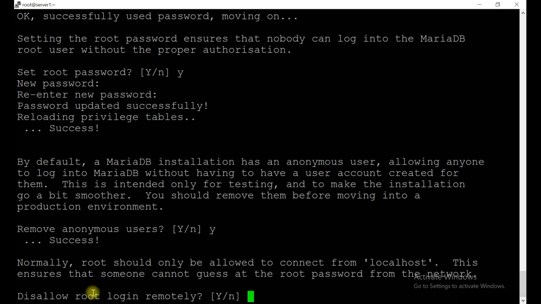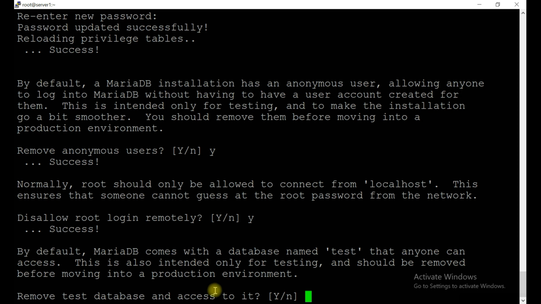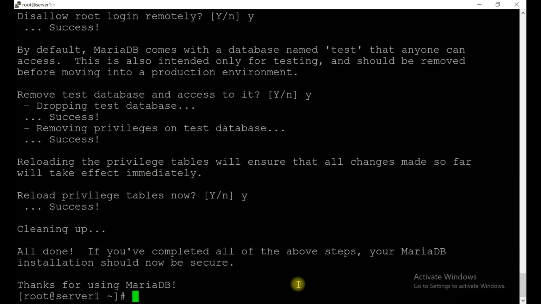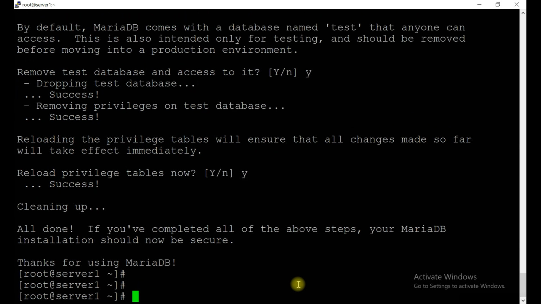And disallow remote root login, yes, because direct root login from a remote server should not be allowed. Remove the test database and access to it, yes. Reload the privilege tables now, yes. So this way our DB is secure now.